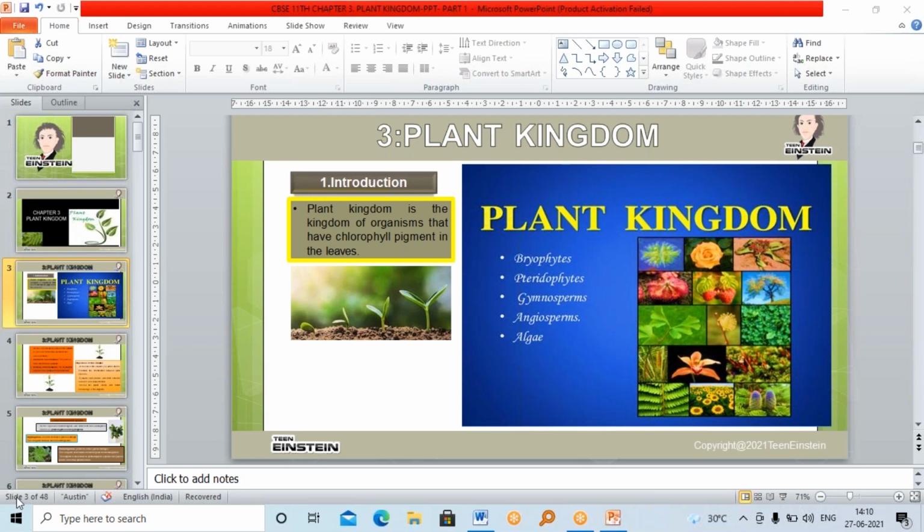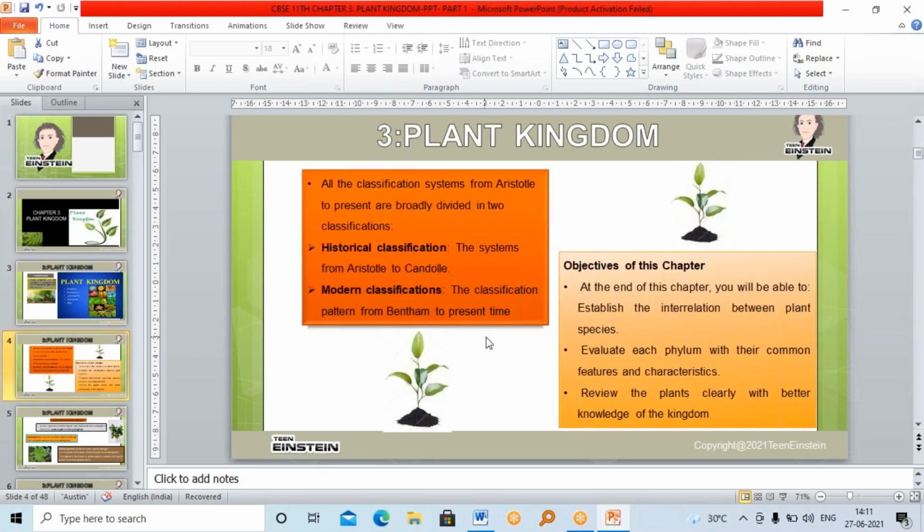Plants have a rigid cell wall made up of cellulose. The reserve food material in most cases is starch, and in a few cases oil or fat, as in oil seeds. And plants are producers: they fix energy and supply that energy to other living organisms. And next is,